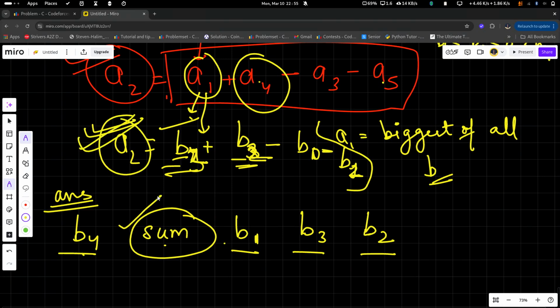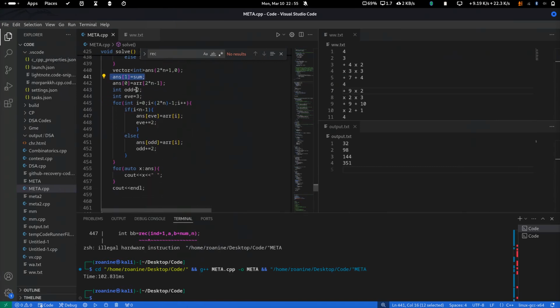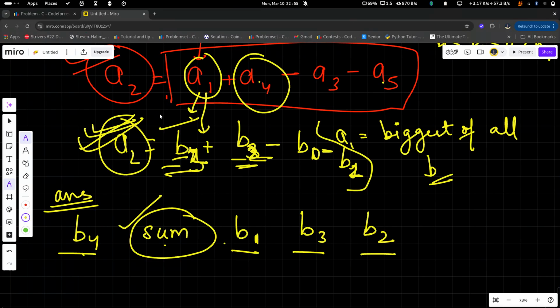Okay, now I have started my index from 2 and 3. I have started the counting from i equals 0.